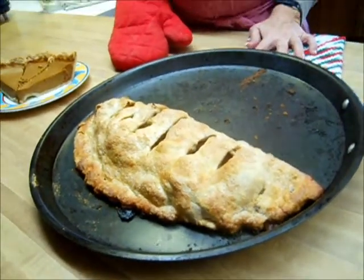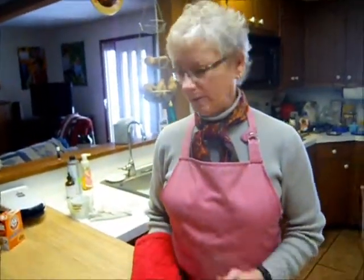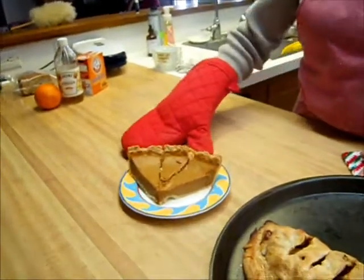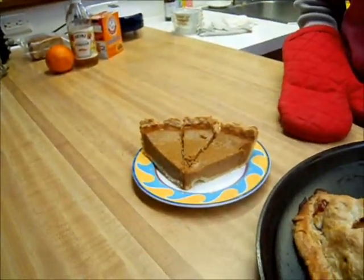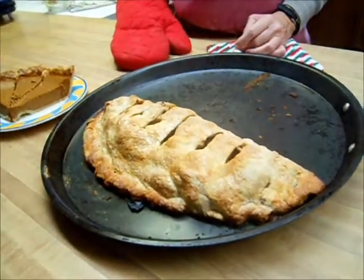And Rod's talking about auto mode, but I don't know if we've got any ice cream. But we do have whipped cream because we still have a couple pieces of pumpkin pie to eat for lunch quick before we go off to Lima to see Grandma Vera and Jennifer and her family for our Christmas gathering